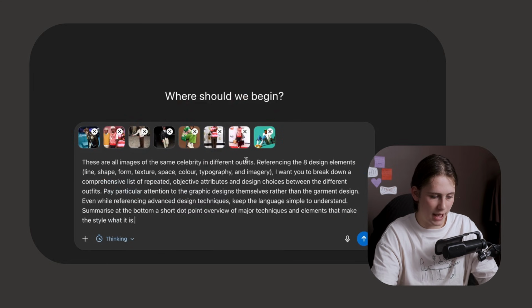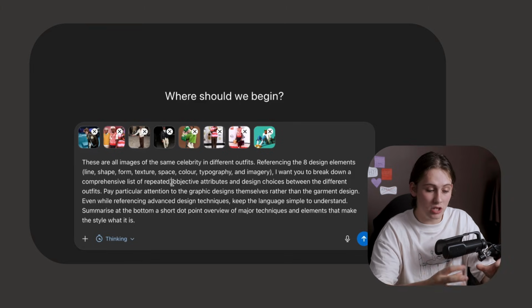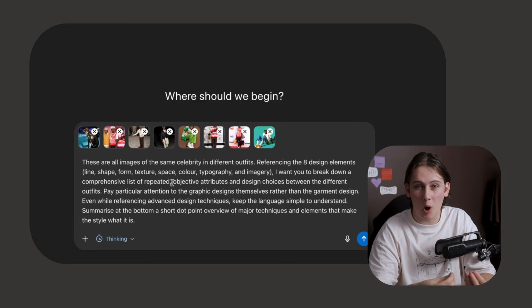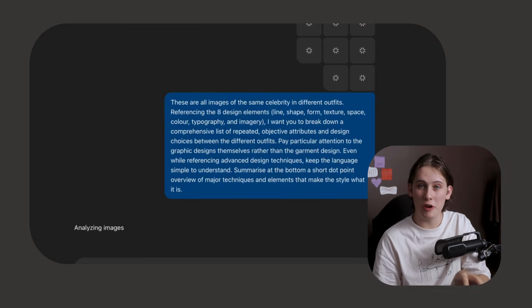And then I'm just going to paste this prompt in here, which, without you having to read it, says, analyze these images according to the 8 elements of design. So it's just a fancy art term. Take these images, turn them into specific descriptive terms that I can actually copy for my designs. And so you don't have to pause the video and figure out what it says,